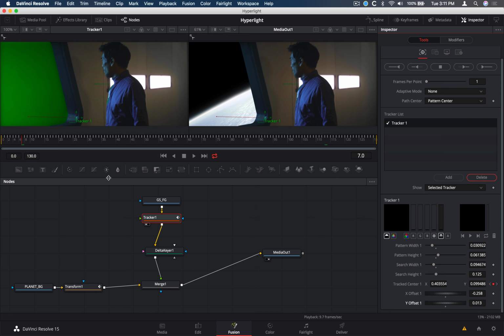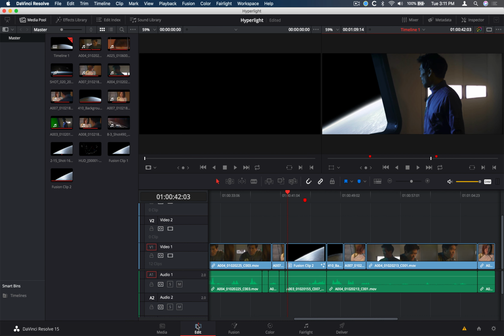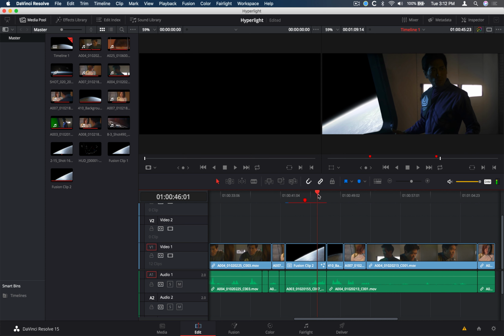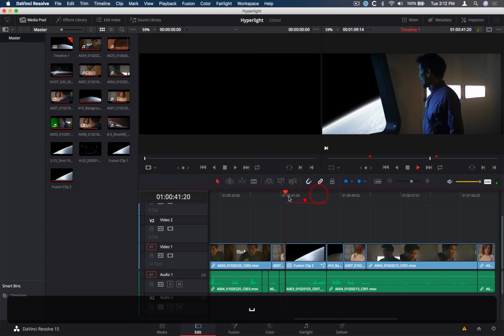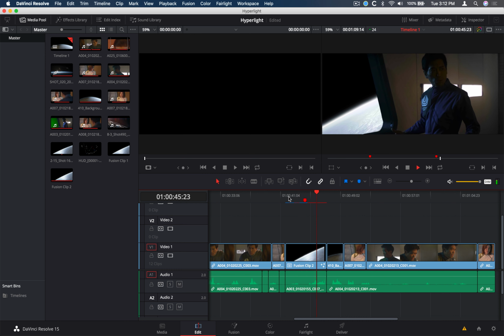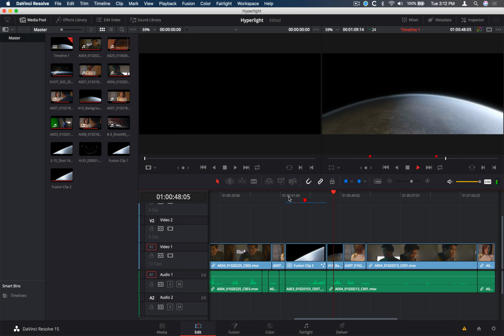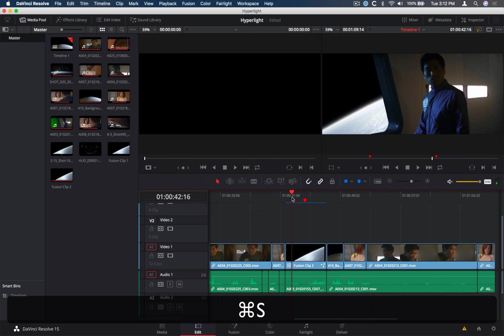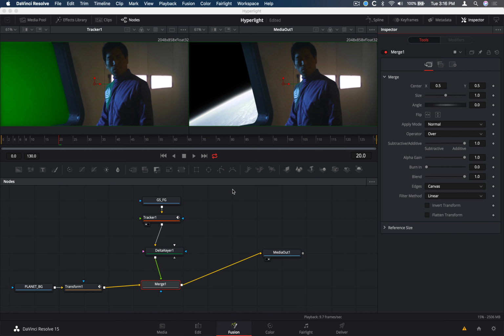So that's tracking motion. Let's get back to the edit page and take a look at that. Okay, so the green screen is good. Just 2 hours ago, boom, there's this explosion and it surrounded the whole ship. All right, that works. So now that we're done with this green screen keying, we can move on to the